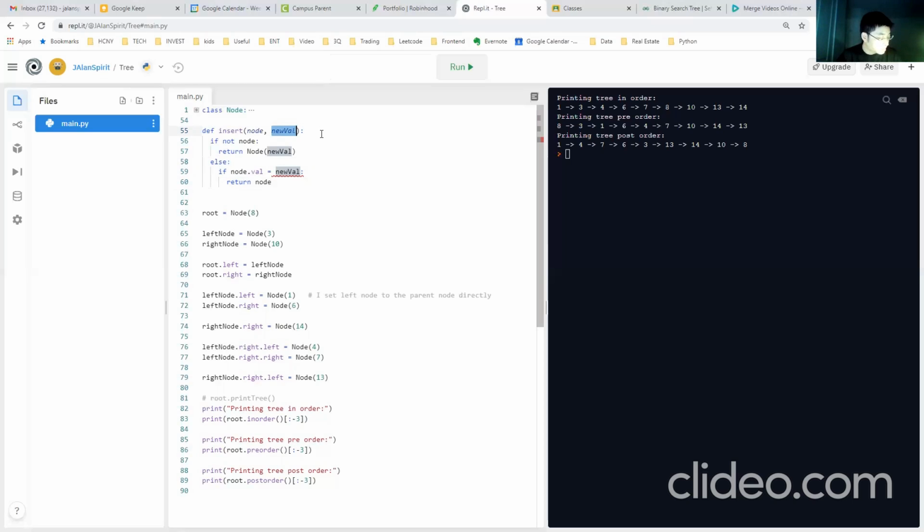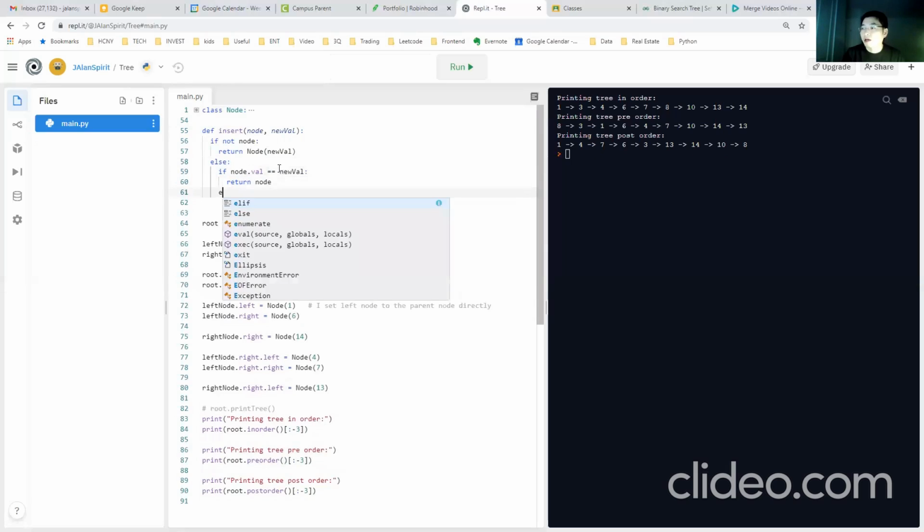Did you find the syntax error here? Comparison is a double equals. Okay. So else if the node value